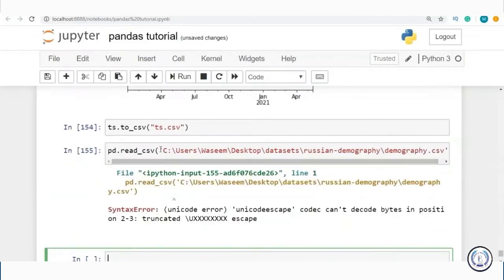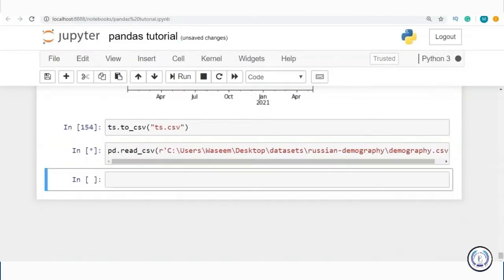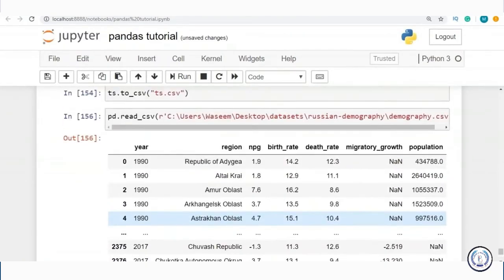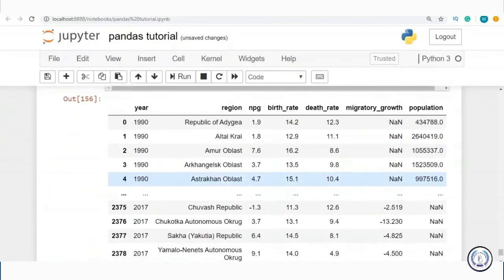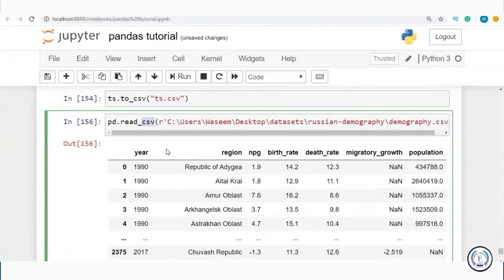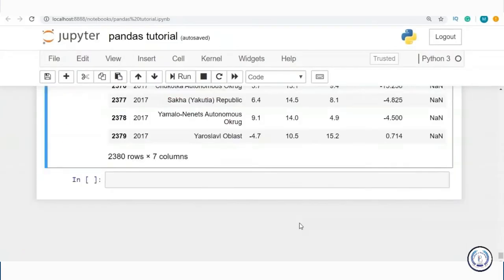Okay, we have an Unicode error, so I'll just write R over here, and I'm able to read from the CSV file, guys. Look at this. Instead of CSV, I can write Excel, and it's going to create an Excel file or a CSV file it's going to read from. So that's how we actually read and write from files, like a CSV file, which is a comma separated file, basically, or we